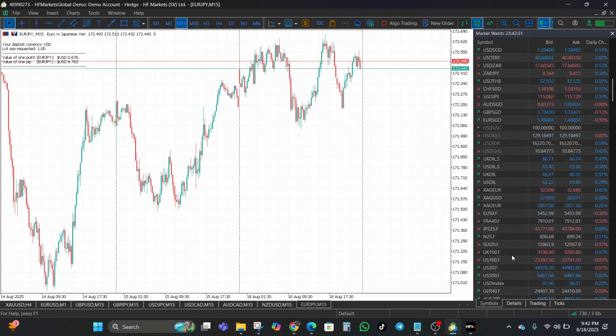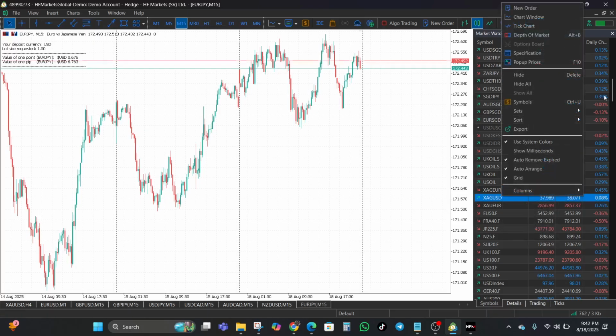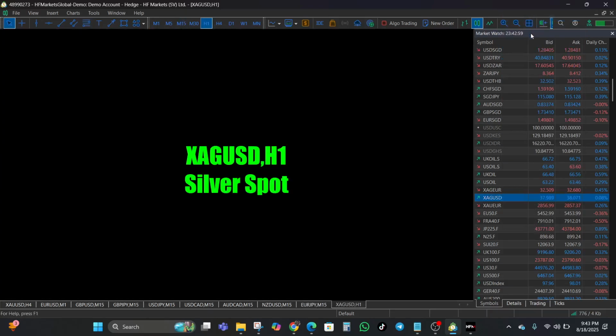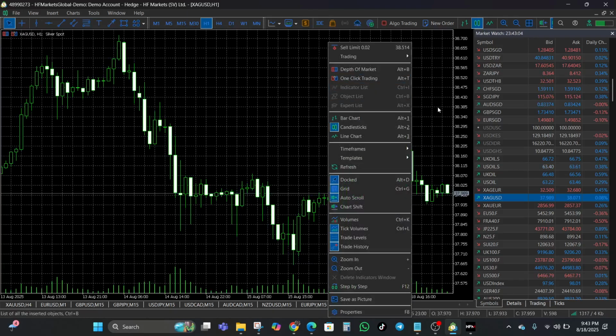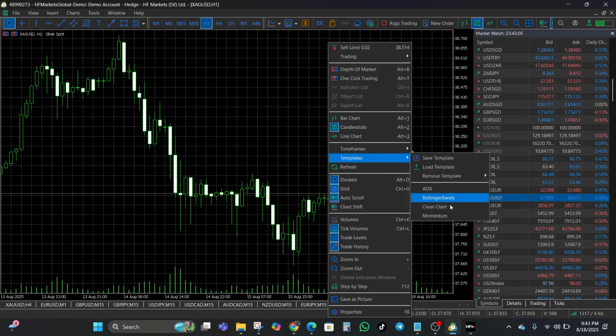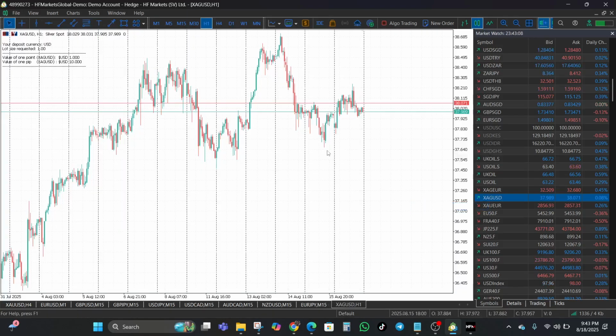Silver. This should be XAG USD. This is silver. You can right click on it and click on chart window. Once you've added it to your chart,